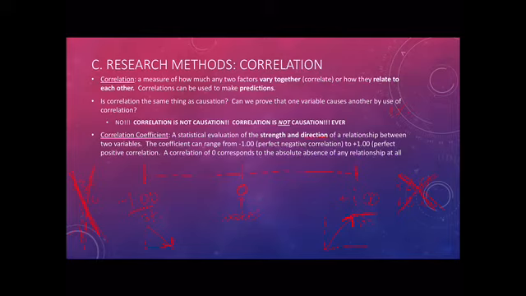So the sign, positive or negative, tells you the direction of the relationship. Does it go up or does it go down? If it goes up, it's positive. If it goes down, it's negative. Whereas the strength of the relationship is told to you by the distance that the value exists from 0. So, for example, a 0.2 correlation is weaker than a -0.8 correlation because 0.8 is farther away from 0 than 0.2. Never mind the plus or minus, it's just about distance from 0.